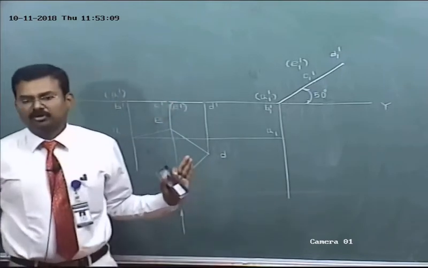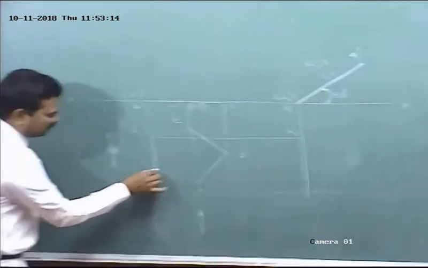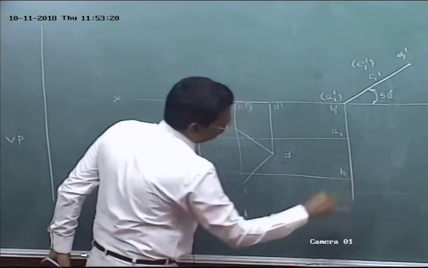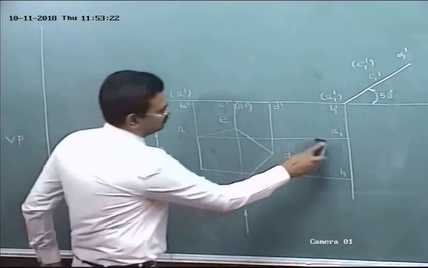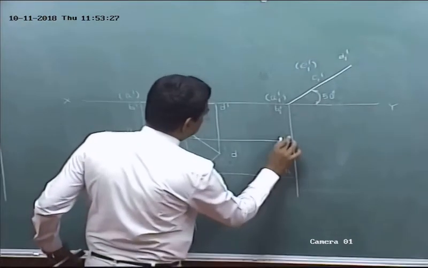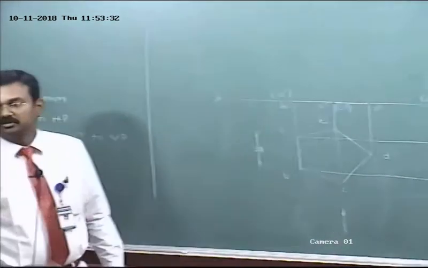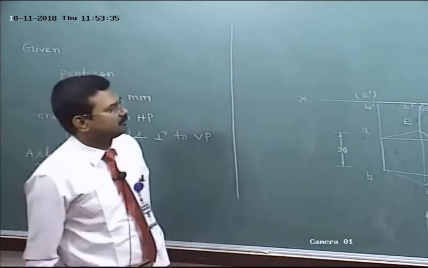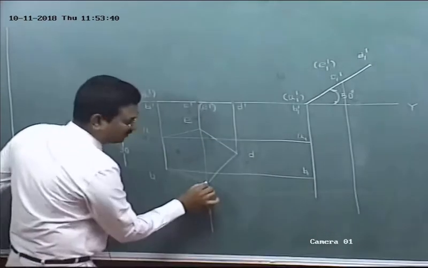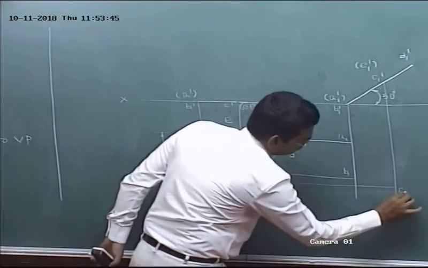Here, no need to draw a separate projector, just extend the line. From the first step top view, the corner B, draw a horizontal projector. These two intersect at B1. Are you able to follow me? A1, B1. Next, C1. How to get C1? From C1 dash, draw a vertical projector. From the first step top view C, draw a horizontal projector. These two intersect at C1.